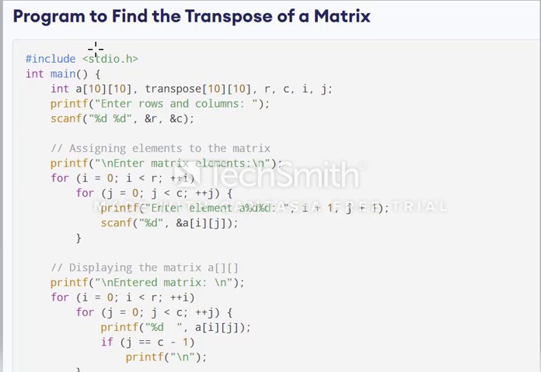Already we know about how to transpose a matrix. What is the meaning of transpose? It means if we have any matrix, then we have to change the columns into rows and rows into columns, and that is the transpose of a matrix. For example, if you have rows r1, r2, r3, then we have to change them into columns c1, c2, c3, like that. If in any matrix we change rows to columns and columns to rows, that is called the transpose of a matrix.